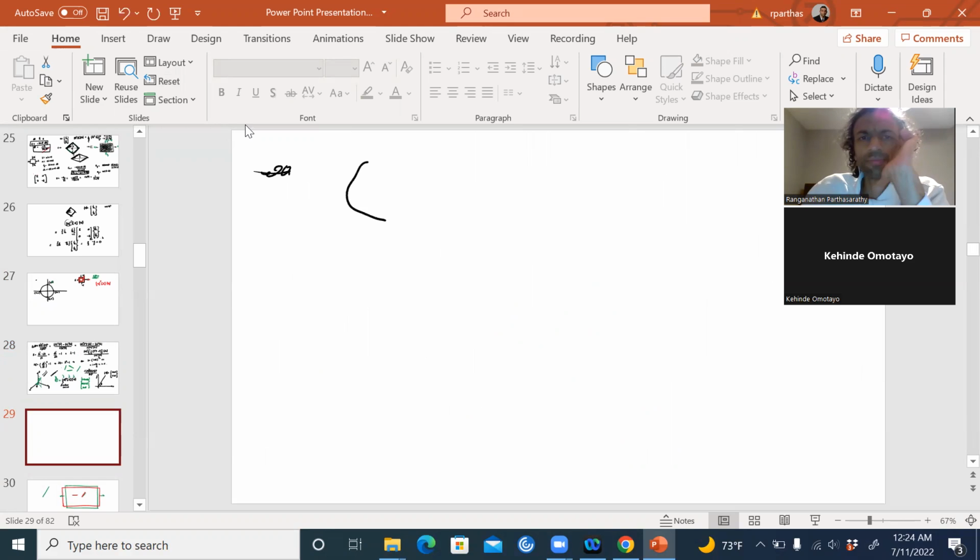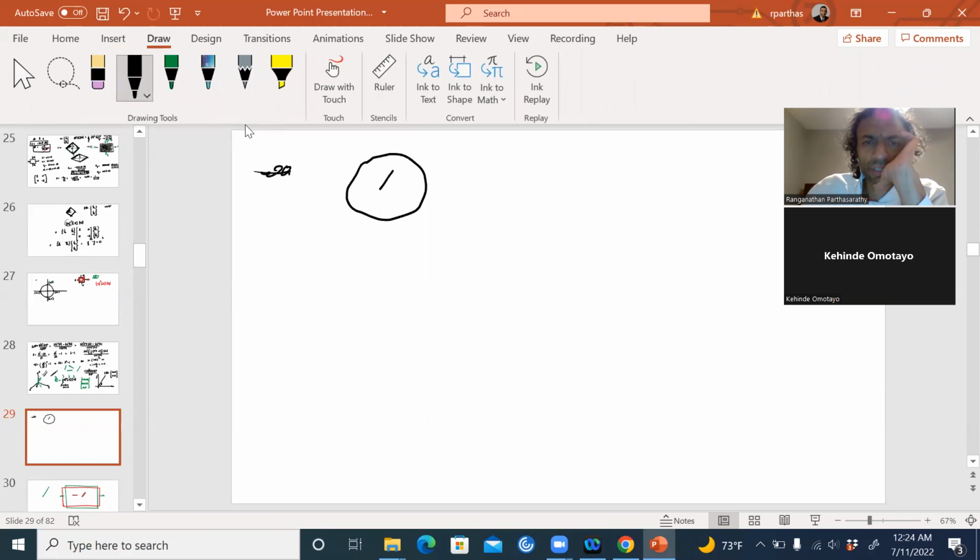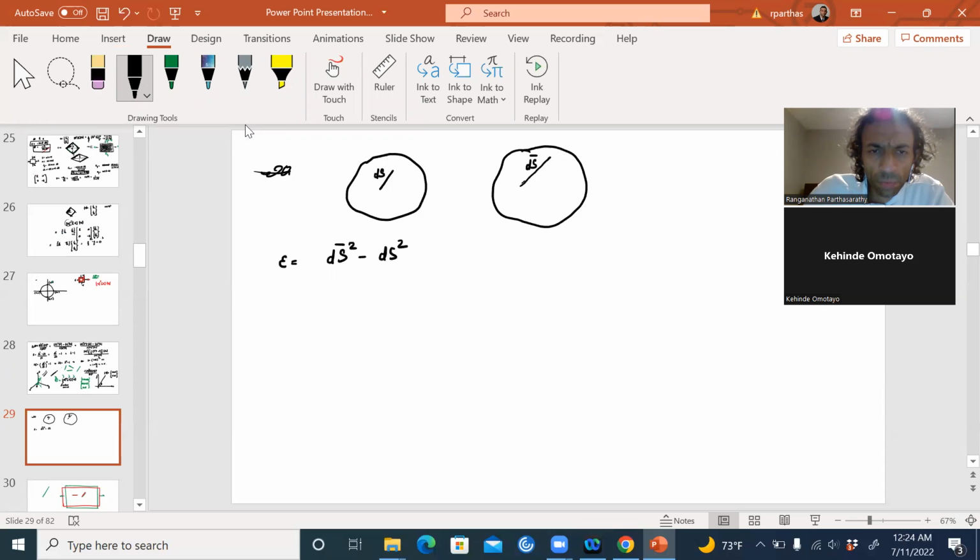So this is any body, okay? And this is a line segment in the body whose length is ds. Now, this body is subjected to some deformation, and when this body is deformed, something changes in this line. Maybe it has some rotation. Its new length is ds bar. Now, the accurate definition of strain is, okay. If you simplify this,